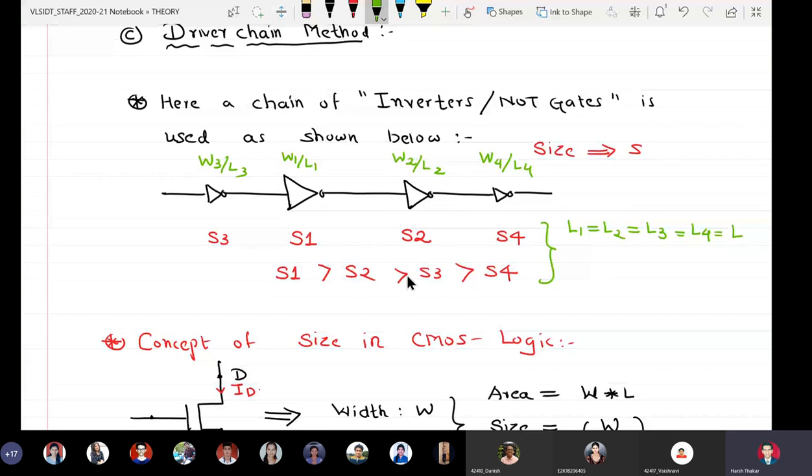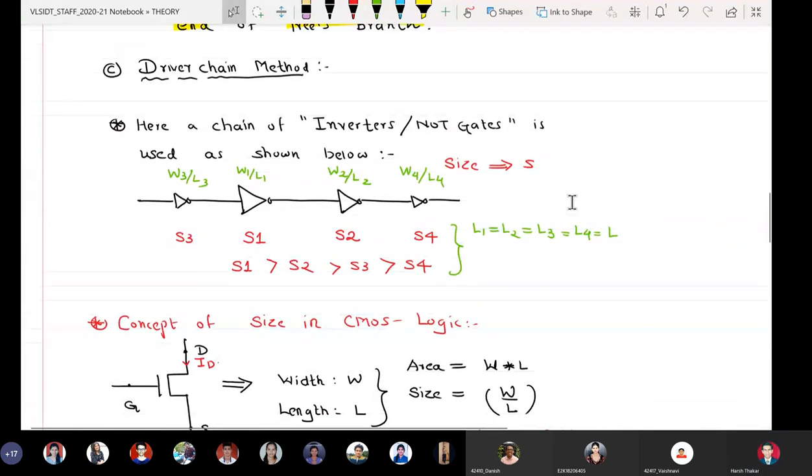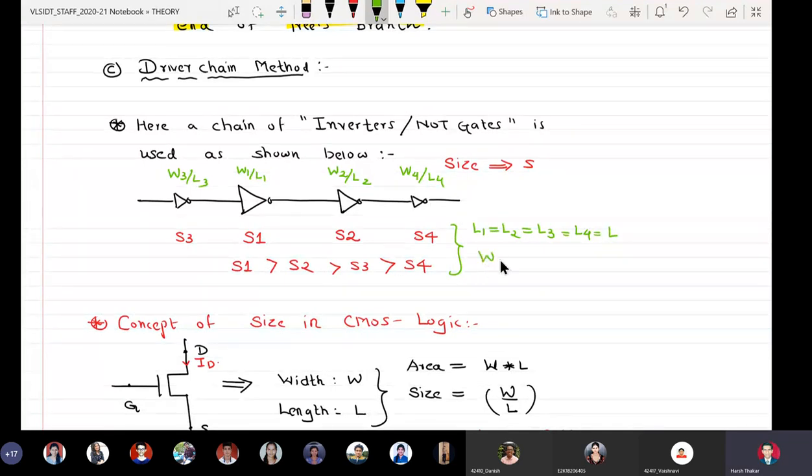to L, but then because I want them to have the sizes as S1 greater than S2 greater than S3 greater than S4, then I have to naturally write down W1 should be greater than W2, that is the width of first should be greater than width of second, greater than width of third, greater than width of fourth.